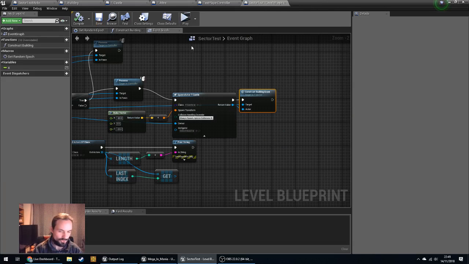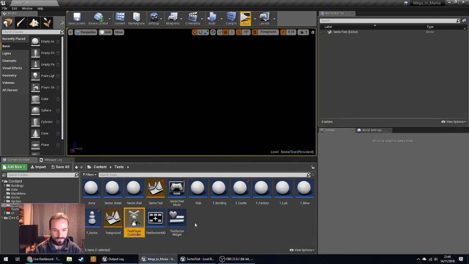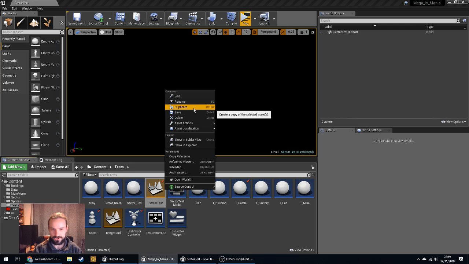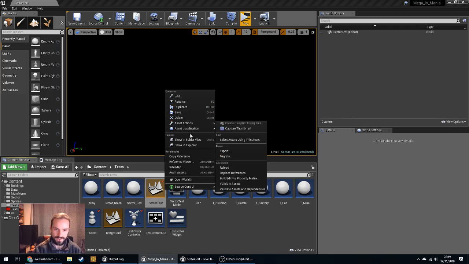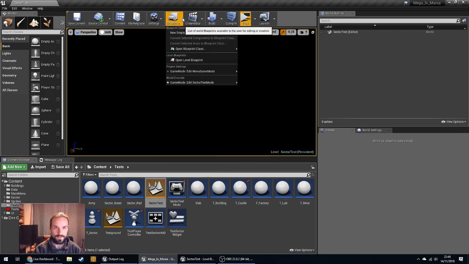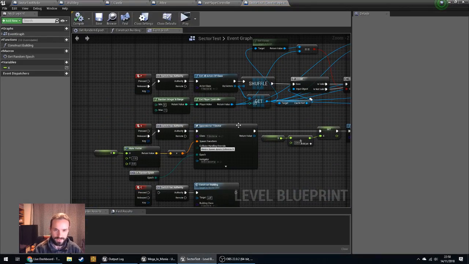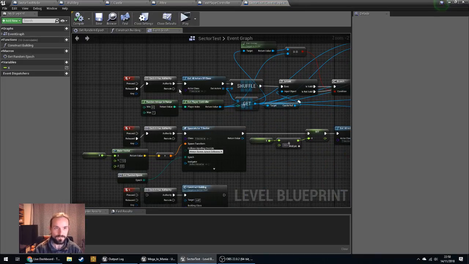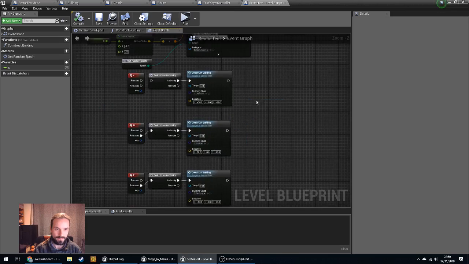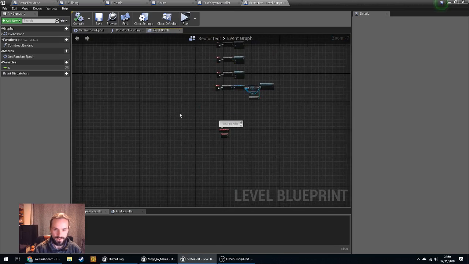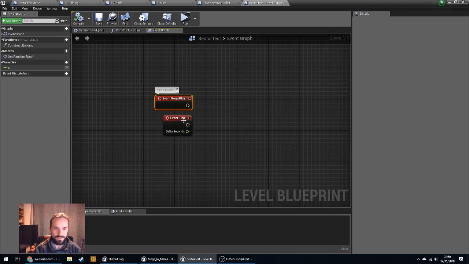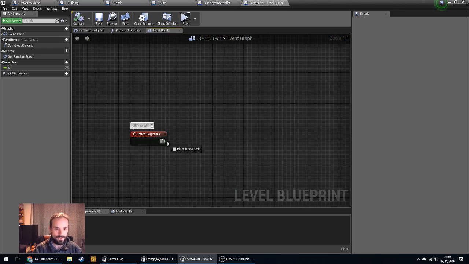So in the original level that we were working on prior, where we had the menu and things like that, there was kind of ongoing debate on where the creation of the level should be, whether it should be in the level, whether it should be in the mode, whether it should be in the game state, that kind of thing. Given I've got a smaller environment here, and I'm not going to concern myself with actually making a proper map, what we're going to do is, in the init event for the level, which is somewhere down here, the init begin play, we're going to